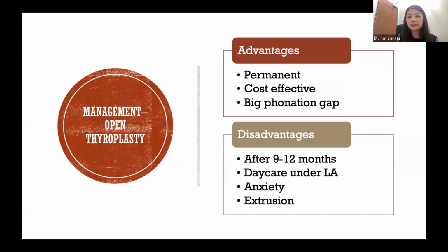The disadvantage of this method is you need to wait 9 to 12 months. Why is this so? Because it's a permanent method and it's actually a surgical intervention. You need to see whether the nerve actually recovers or not. After 9 to 12 months, it's very unlikely the nerve will recover, and then you can opt for the open thyroplasty method. It needs to be done under daycare,